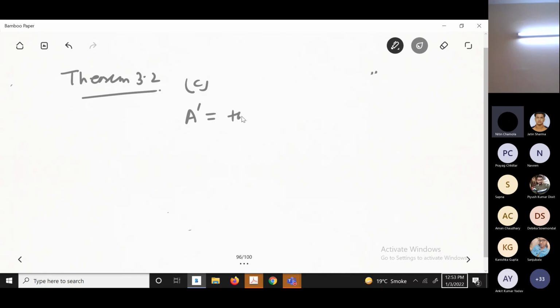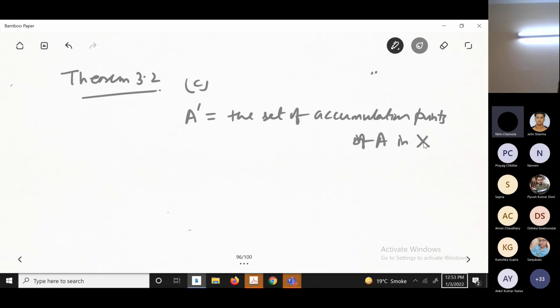This is the set of the accumulation points of A in X. Look, A prime is a closed set. I put a star here. You should see that this A prime is a closed set. You need that